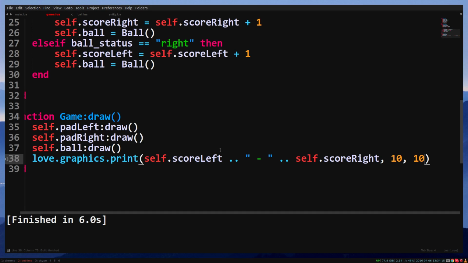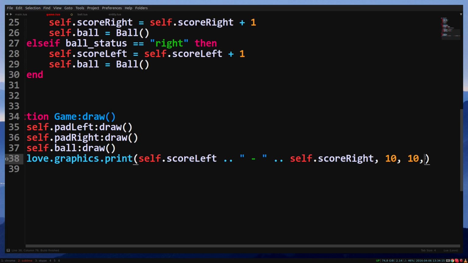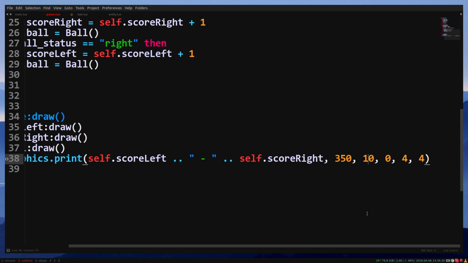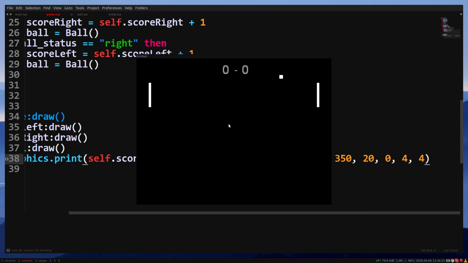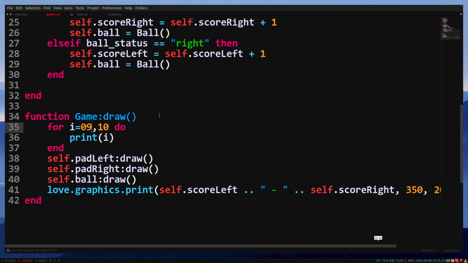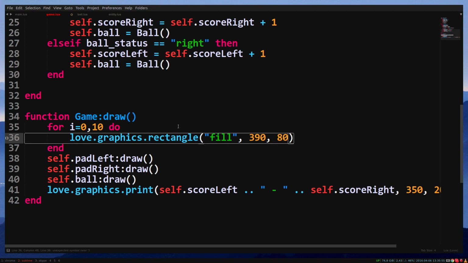But we can make it bigger by adding 0, 4, 4. And I will suggest moving it a bit to the center. 350, 20. We can add some other enhancements like a center line. For i equals 0, 10, do love.graphics.rectangle, fill, 390, 80 times i, 20, 60, and